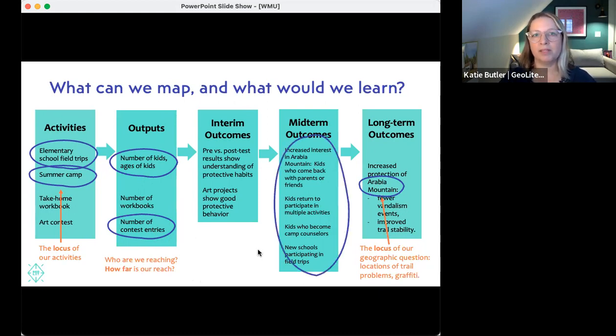And we can really map a lot of these midterm outcomes too. We can map who comes back with their parents and where they're coming from. How far are they driving? And whether there's new schools participating. So we can start seeing the geographic expansion of our program by starting to map some of these other pieces